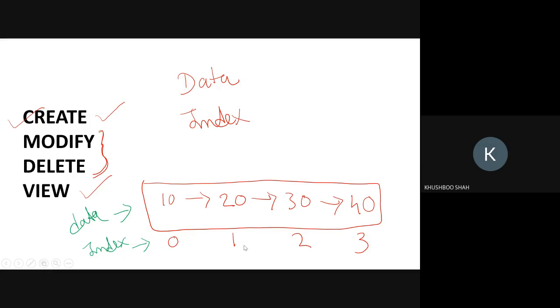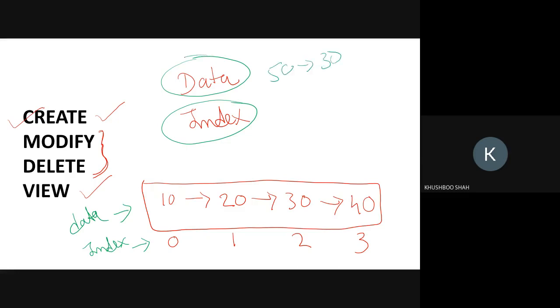If I say modify, suppose the user is saying that I want to modify this linked list. So you can ask whether they want to modify through the data or through the index. Let's say I have all unique elements in my linked list, like 10, 20, 30, and 40, and the user is saying that I want 50 instead of 30.